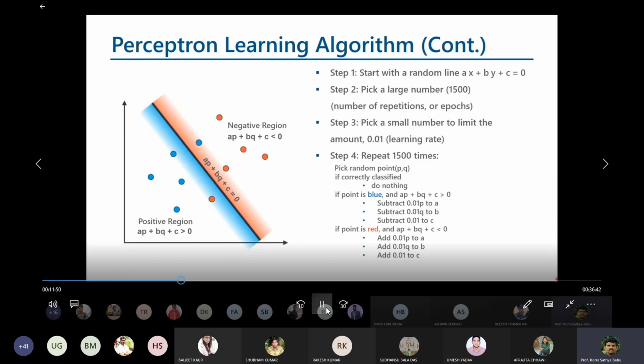What is the reason why we do this one? Earlier, for A, B and C, we were simply deducting the learning rate and we were able to do it. But now we deduct the learning rate from C, deduct the learning rate times Q from B, and deduct the learning rate times P from A. What is the reason we are doing this?